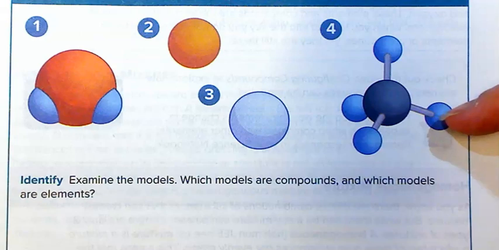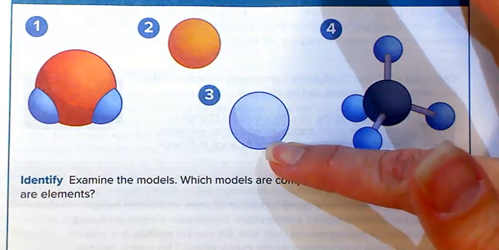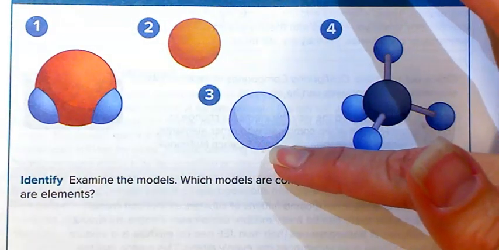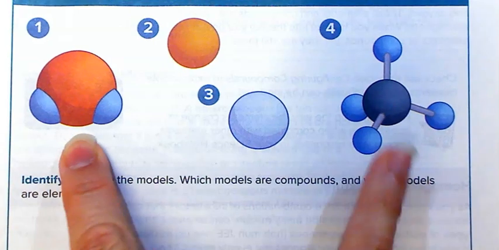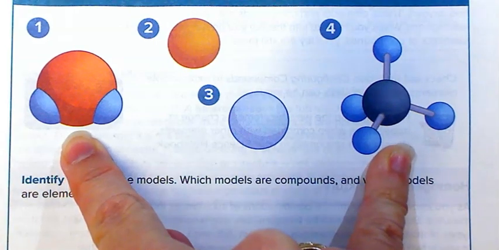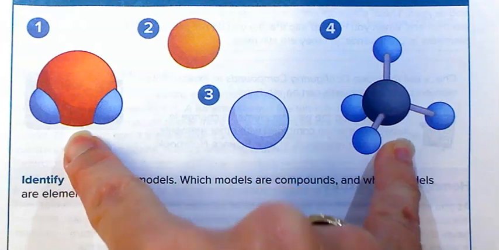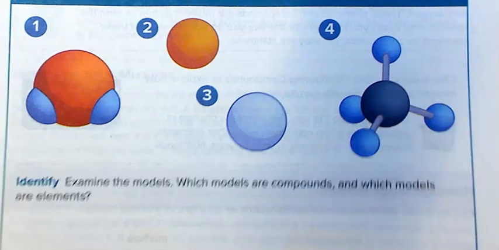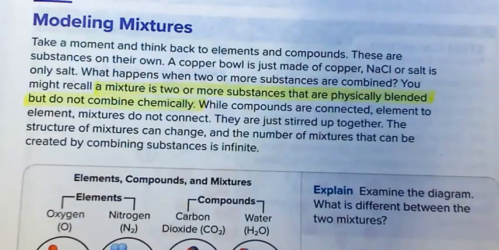Okay? So here's the way we're going to represent an atom of an individual element. Here's the way we would represent 1 molecule of some sort of compound. Okay? All right, now I want to go down to the bottom of page 9